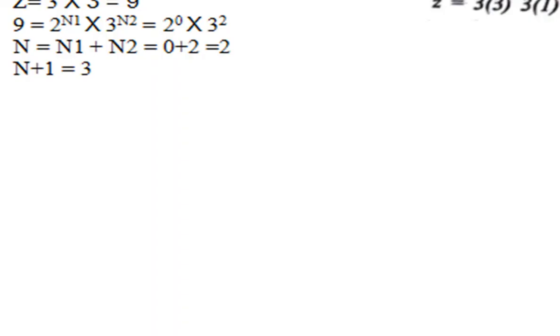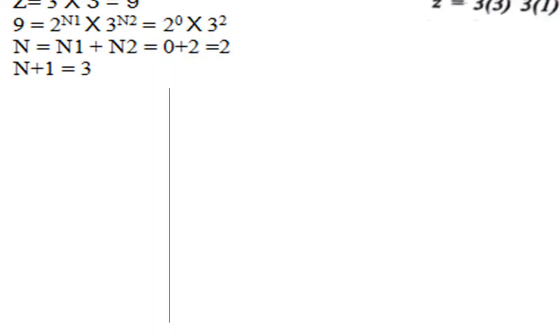If I want to find the number of stages in the gearbox, the formula is Z is 2 raised to n1, 3 raised to n2. Now all of us know that 9 is a combination which is achieved only when 3 into 3 is done. So I'll put 3 raised to 2, but 2 raised to 0, because to get 9 we don't use the number 2. So clearly n1 plus n2 will be 0 plus 2, so it is going to be 2 plus 1, that is 3 vertical lines. So we will draw 3 vertical lines and 9 horizontal lines.